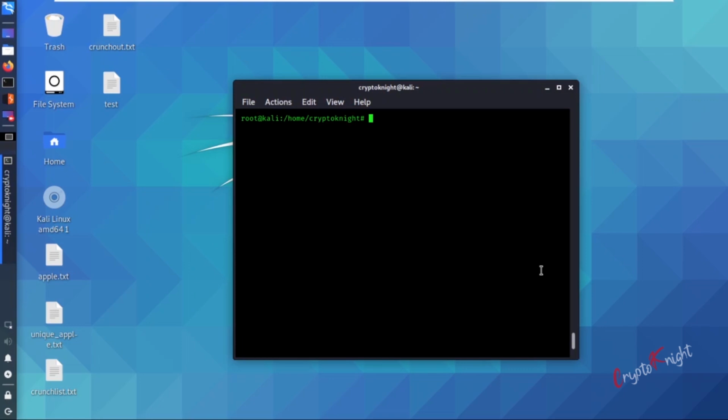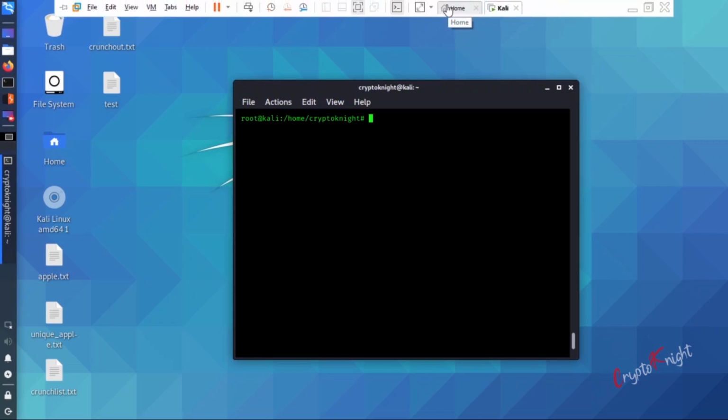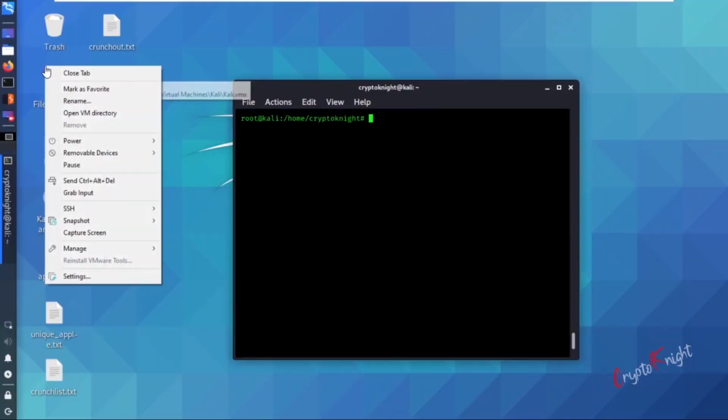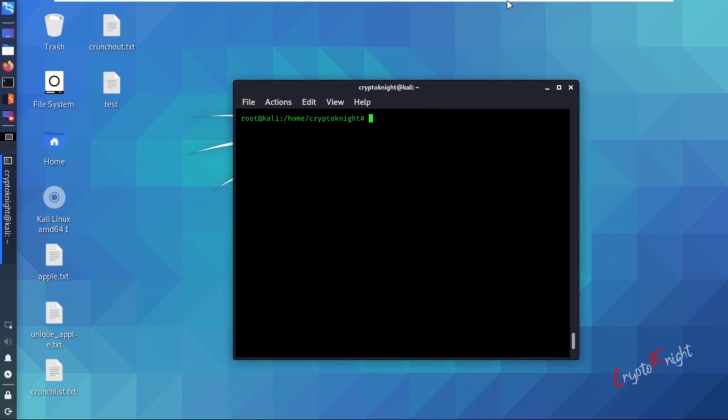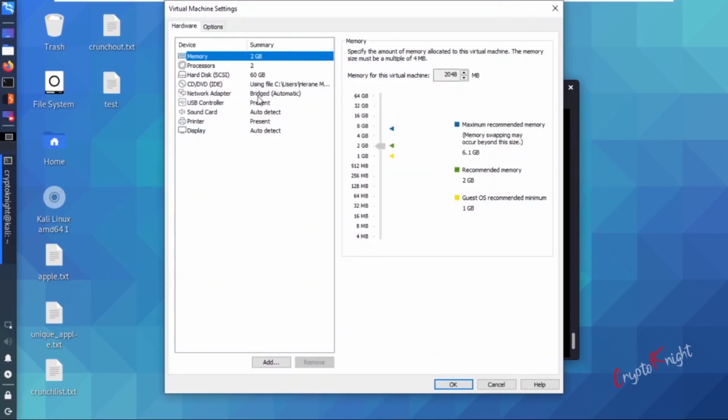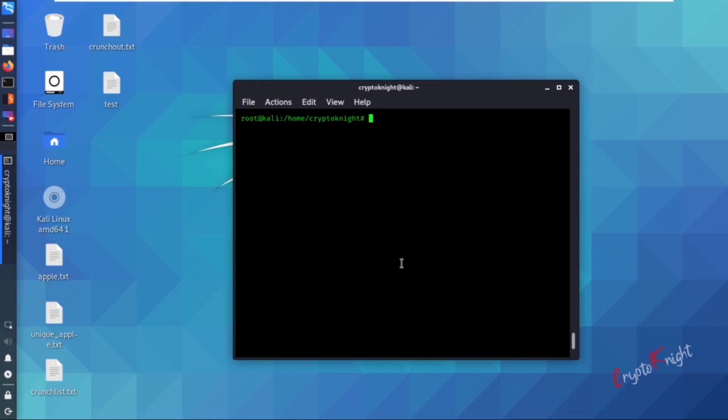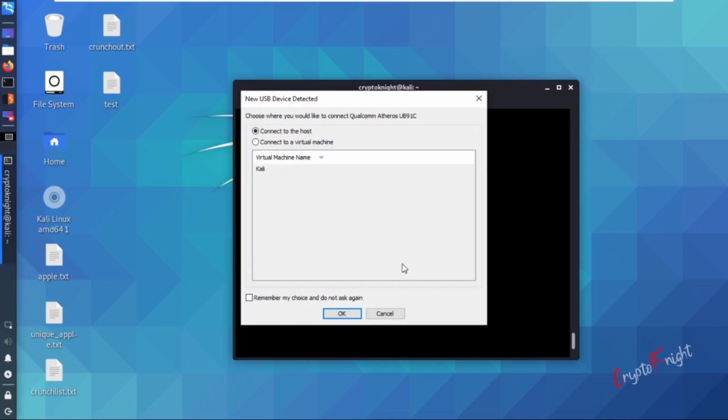So let's begin. One thing before we actually dive into the attack is that for this attack Kali has been set to bridged mode. Okay, you will not face any problems. Also we need an external network adapter, so I'm using an Alpha network adapter. It is a little expensive but it works really well. So I'll connect that adapter. As soon as I connect, it asks whether I should connect that adapter to the host, which is my actual Windows machine, or to the virtual machine. So obviously we'll go with virtual machine, and Kali is the only virtual machine.